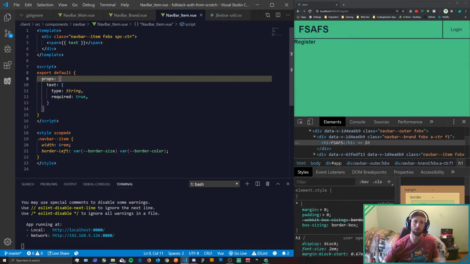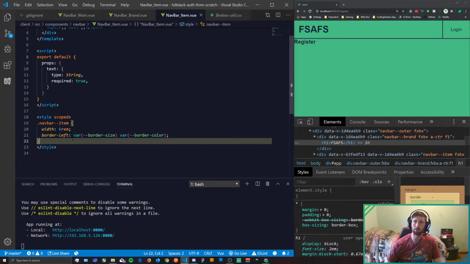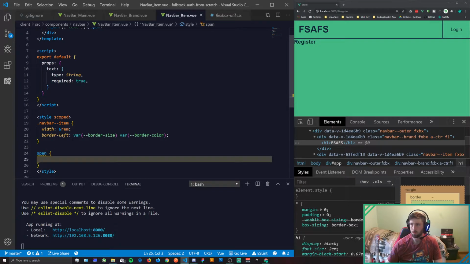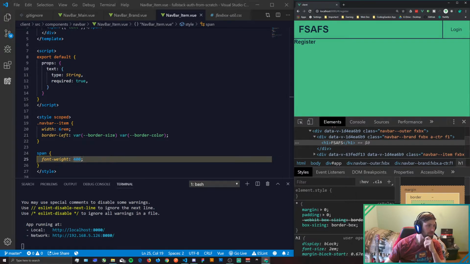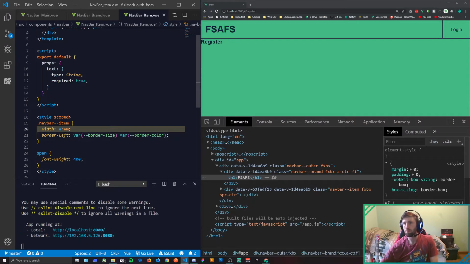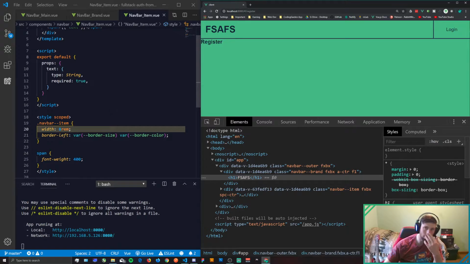All right, cool. And for this span, we can probably make it a little nicer looking, I guess. So let's see. It seems kind of chintzy, a little bit weak. How can we boost it? Let's make the font size bigger. We're actually gonna give it a little bit more width too, because that's kind of small. There we go, 8. All right, so we have login, and we should actually give our nav bar a background